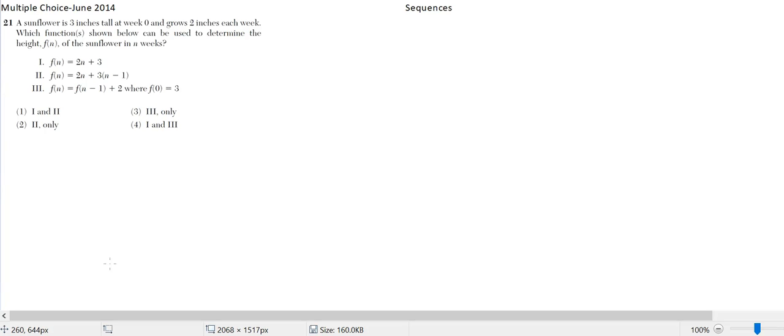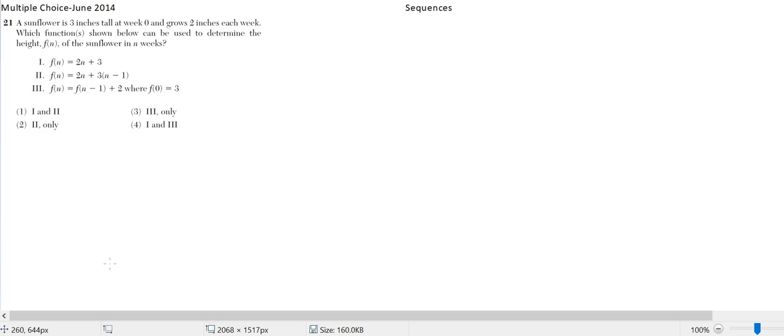This is question number 21 from the June 2014 Algebra 1 Regents. A sunflower is 3 inches tall at week 0 and grows 2 inches each week. Which function or functions shown below can be used to determine the height f of n of the sunflower in n weeks? And we have Roman numeral 1, Roman numeral 2, and Roman numeral 3, and we have 4 answer